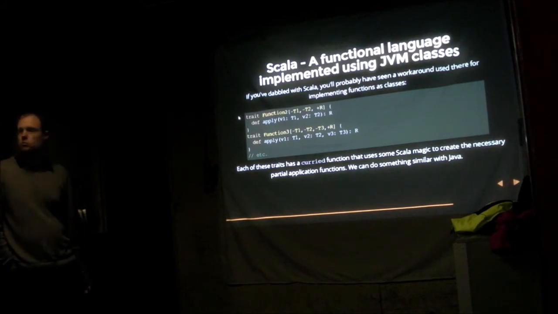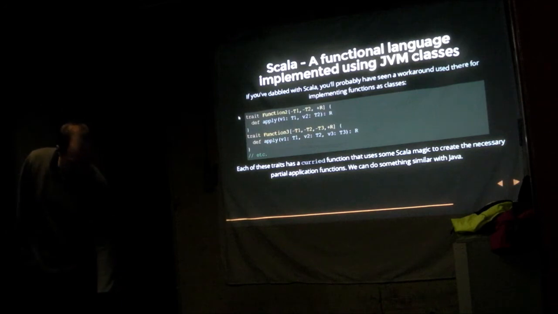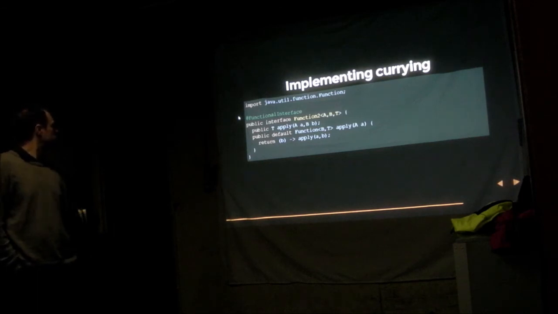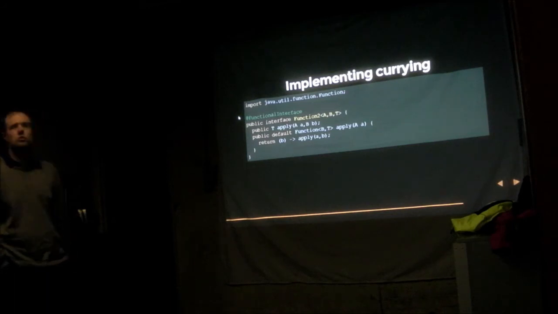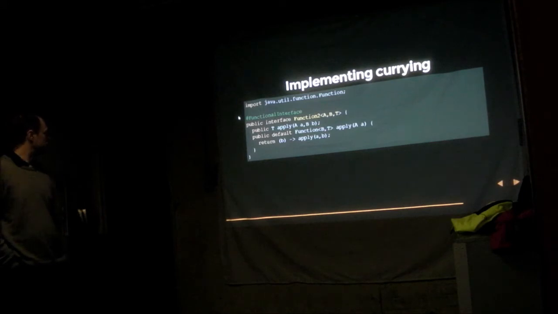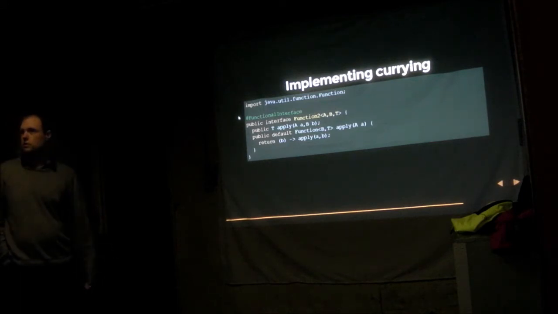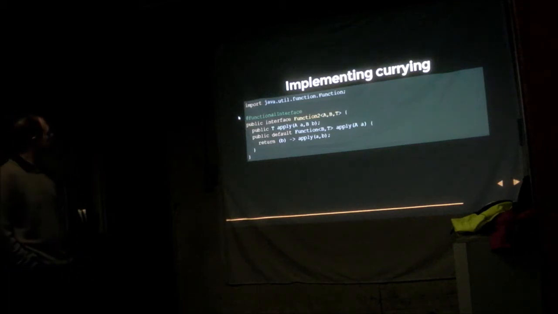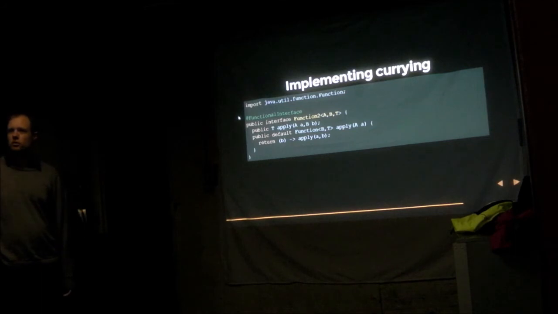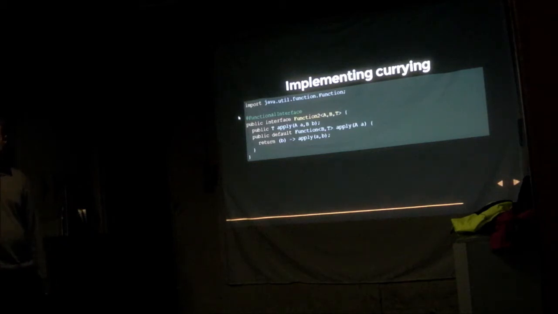So we could do something similar with Java, but we have to write it ourselves. We don't get it in an API like you do in Scala. So there's your functional interface for a function with 2 arguments. It's taking A and B, returning T. Your curried version just takes an A and returns a closure that can take a B to do your overall reply. So you can see there we've implemented a method on an interface, which is another new thing. So the key there is the default keyword, which is another new thing as part of the Lambdas syntax